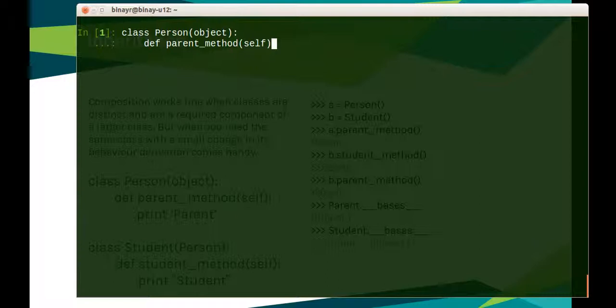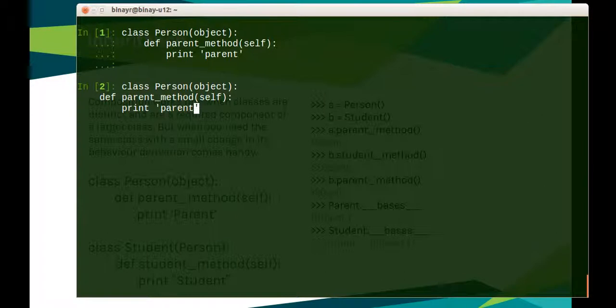As we have seen, if you want to define any function inside a class, you need to pass self into it and it will recognize it as a class method. So this is my